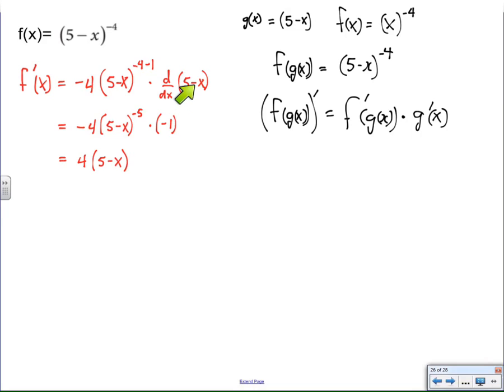The derivative of this line is the slope of the line, which is negative 1. Negative 1 times negative 4 is 4. And for cosmetic purposes, I also wrote this without negative exponents, so we can see that this is really mostly a very decreasing kind of function going on here. So,